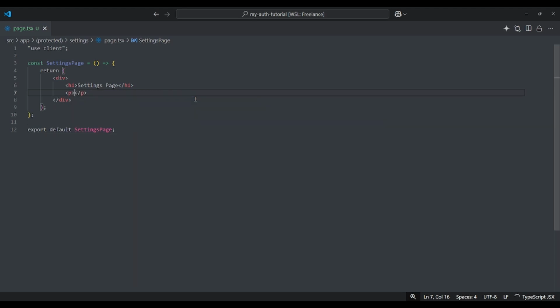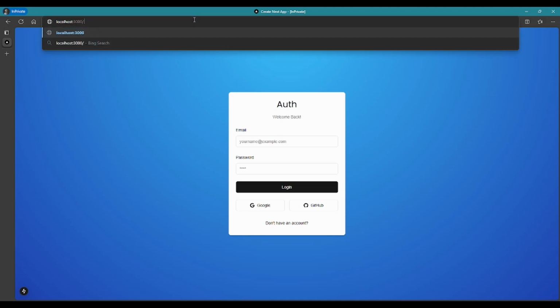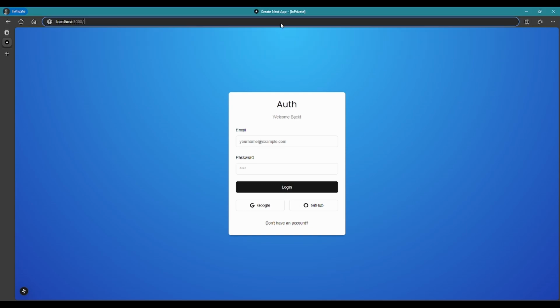So here let's type p, and this is the settings page content. And since it is inside our app protected settings, let's go back to our login page, and let's update the URL. We just have to visit the settings for us to test if we can visit that page.